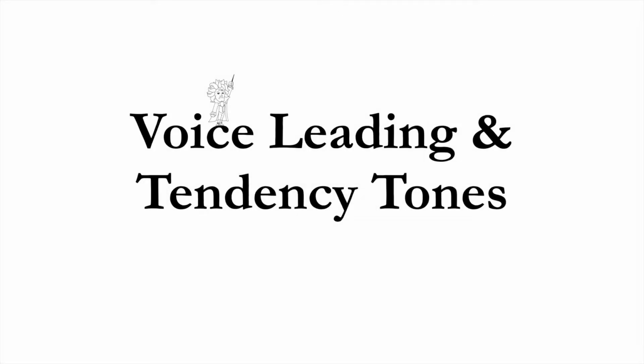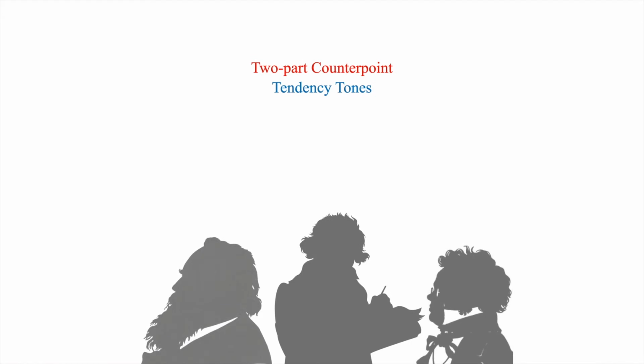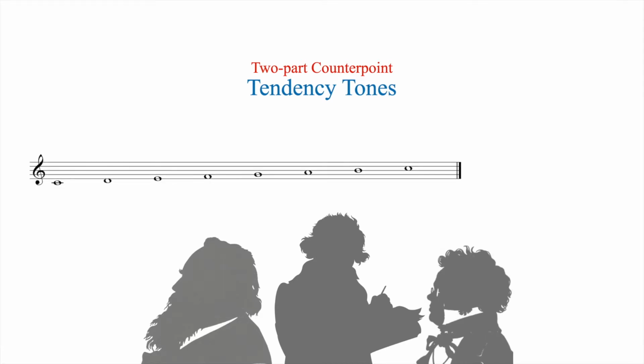In the previous video, we learned about certain voice-leading principles followed by classical composers that relate to two-part counterpoint. This video covers principles relating to tendency tones. Diatonic tonal music contains two tendency tones, the leading tone, also known as scale degree 7, and chordal sevenths, as